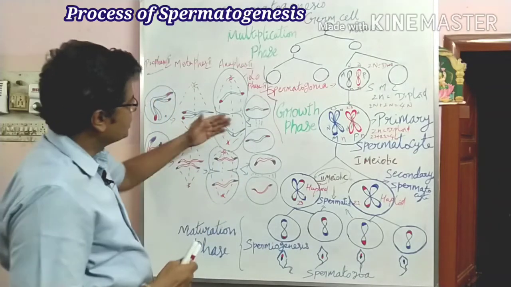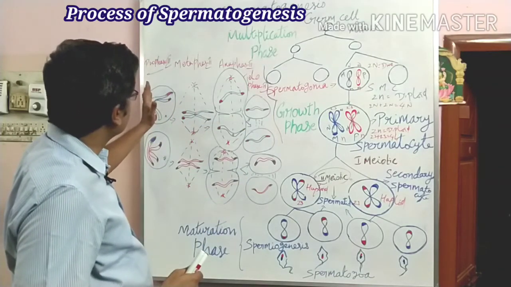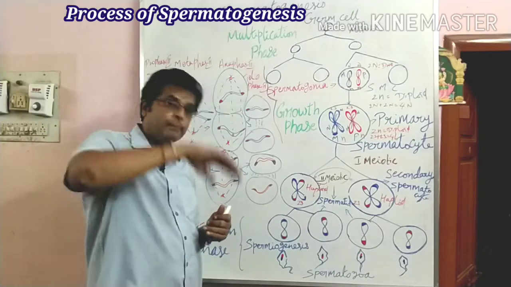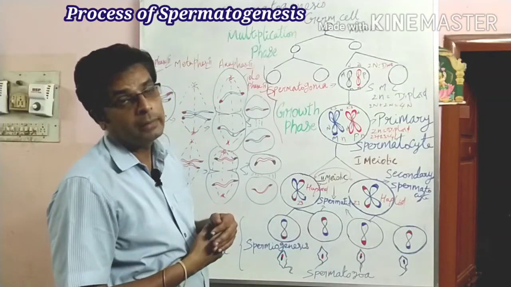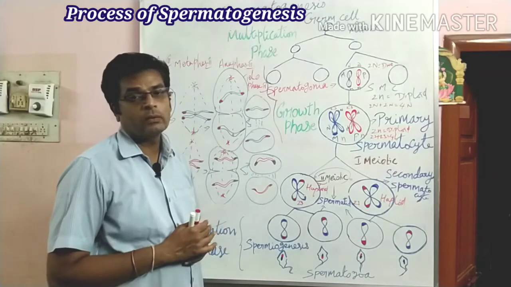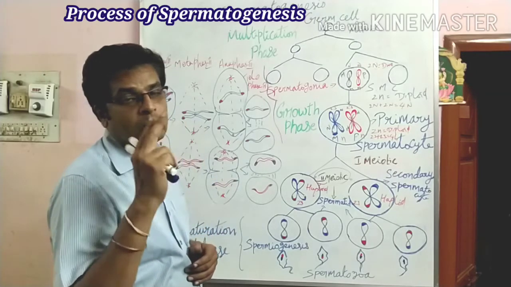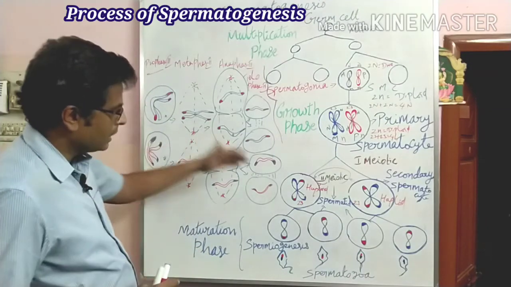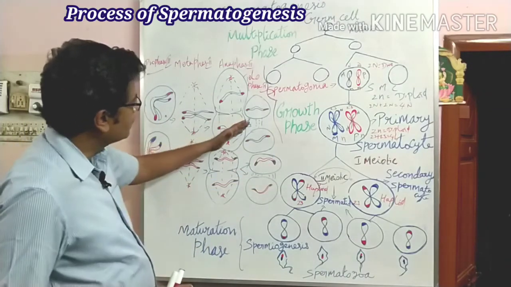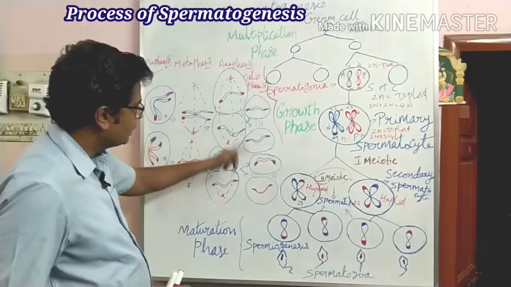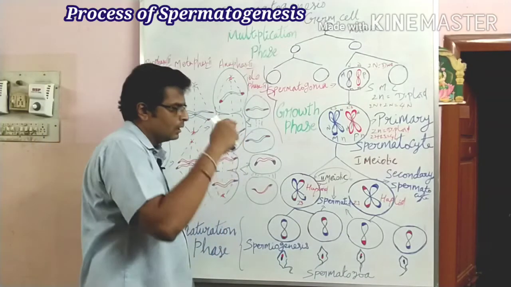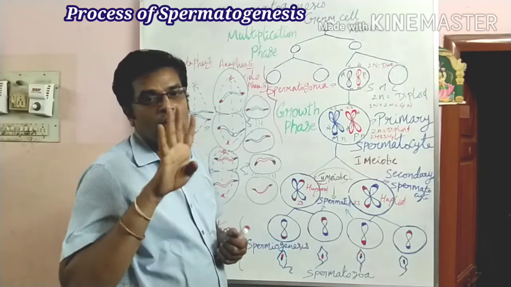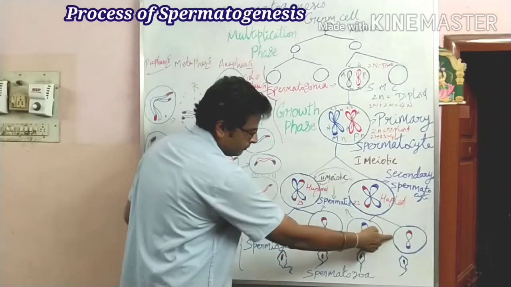It means that the cells formed from meiosis 1 at telophase are two cells. These two cells undergo the second meiotic division, and each produces two cells. Totally there are four cells at the end of meiosis. At the end of the meiotic division, four daughter cells are produced.